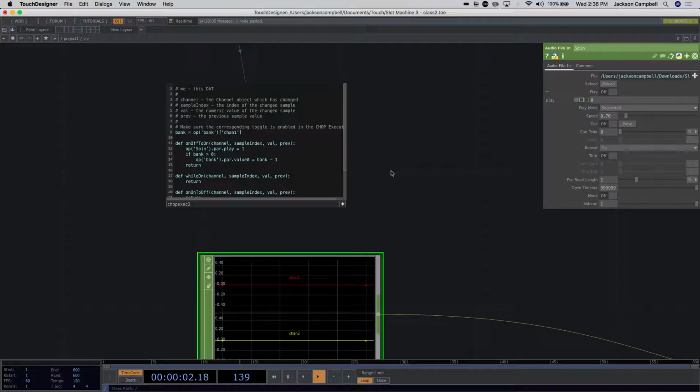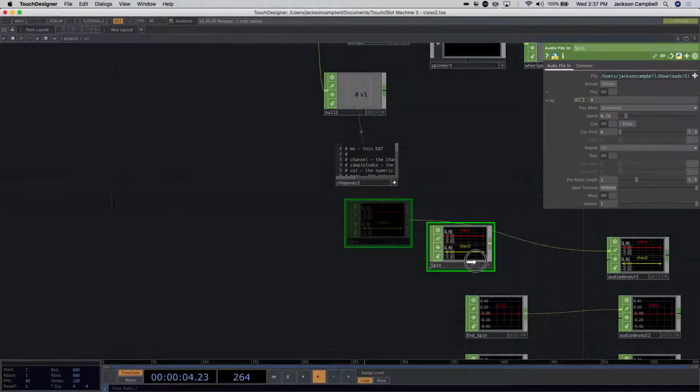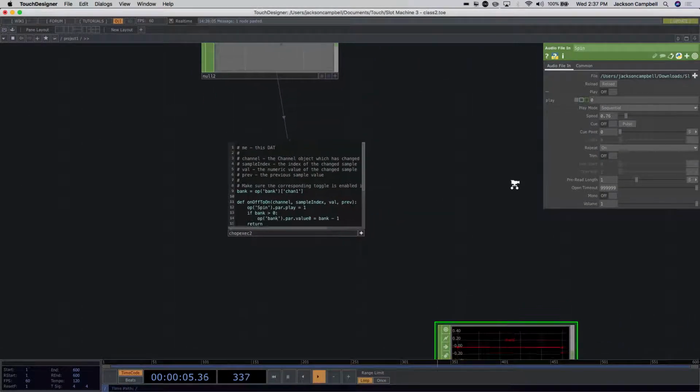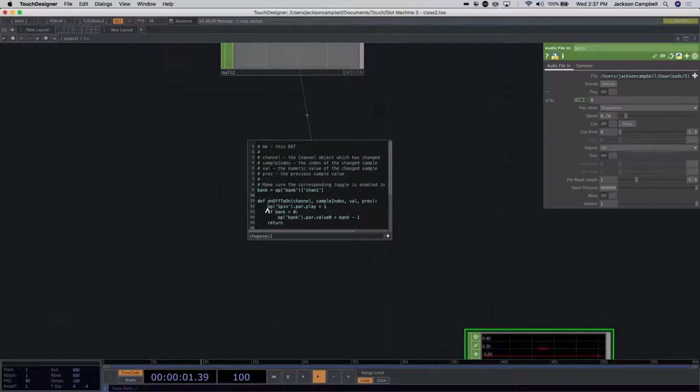Okay, so that should work. The only thing that I have extra in my notes, and it may not be that necessary. This sound file is so short that you probably wouldn't notice, but it's going to pick up wherever it left off in its loop. So if you're halfway through the loop, it's going to start halfway through the loop. And so before playing, I want to reset back to 0 of the loop. So all you have to do is, before I say op spin par play equals 1, I want to actually say